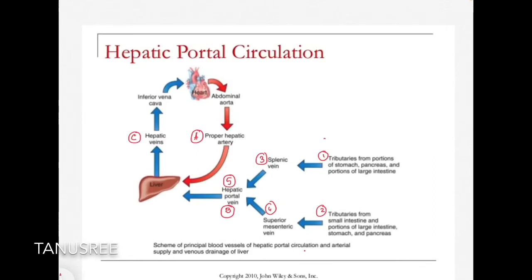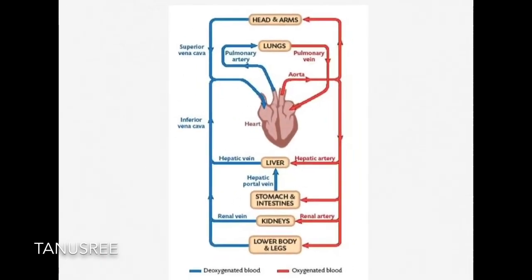So the food that is absorbed by the stomach and the intestines is first brought to the liver, and there in the liver it is metabolized to form glycogen, which may be stored in the liver or in the muscles, and it may also be used up for the purpose of respiration. This diagram is giving us an overall view of the circulation that is taking place through the human system.